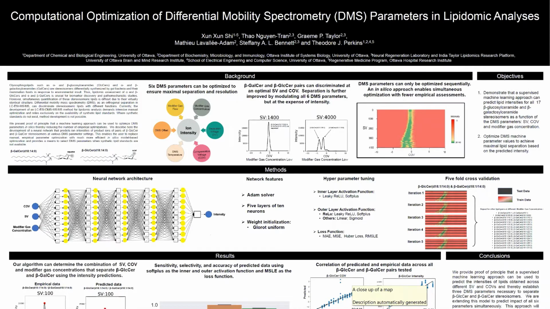Thus, lipidomic assessment of alpha and beta glucosylceramide and alpha and beta galactosylceramide is crucial for biomarker discovery and pathomechanistic studies. However, simultaneous quantification of these stereoisomeric lipids is difficult due to their virtually identical structure, as the only structural difference between glucosylceramide and galactosylceramide is the axial versus equatorial position of the 4' hydroxyl group of the sugar head group. Differential mobility spectrometry, as an orthogonal separation to liquid chromatography electrospray ionization tandem mass spectrometry, can discriminate stereoisomeric lipids